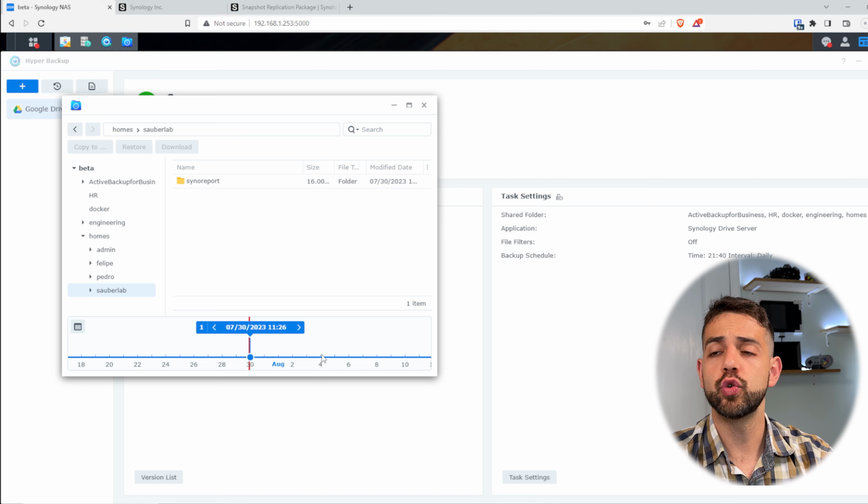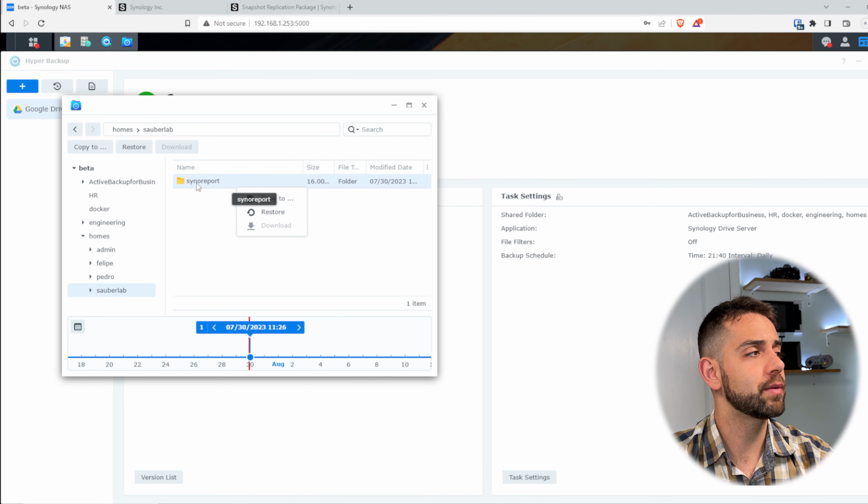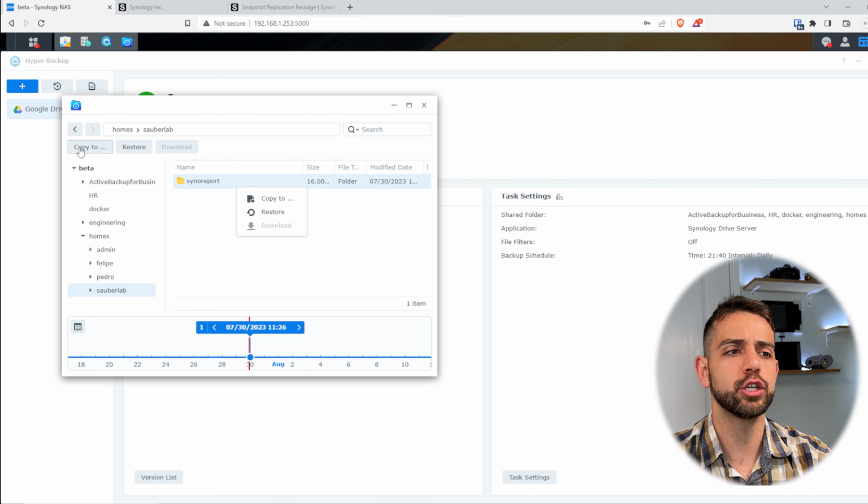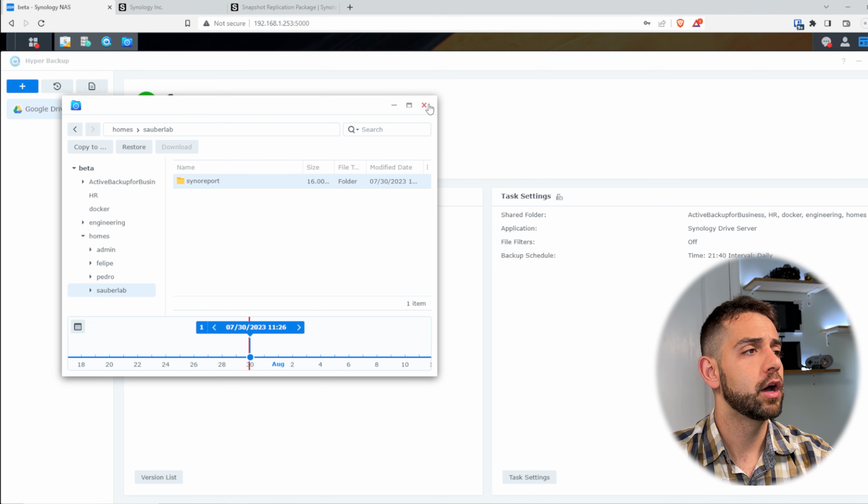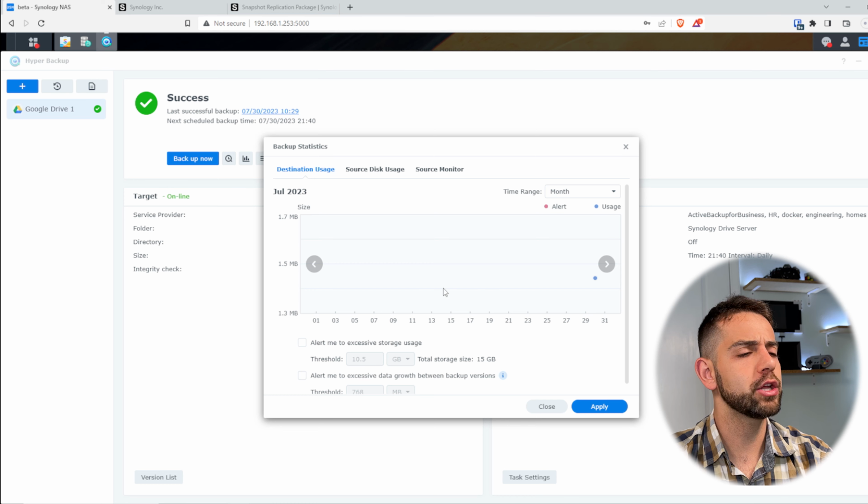All the time that you're gonna do a new snapshot, you're gonna be able to see it. You can restore it, or you can copy to a specific location only to recover it. Also, you can see how much data that increase, so you can monitor it. In my case, I'm using the free Google Drive, so the total size will be 15 gigabytes, but if you're using a big one, they will give a big info